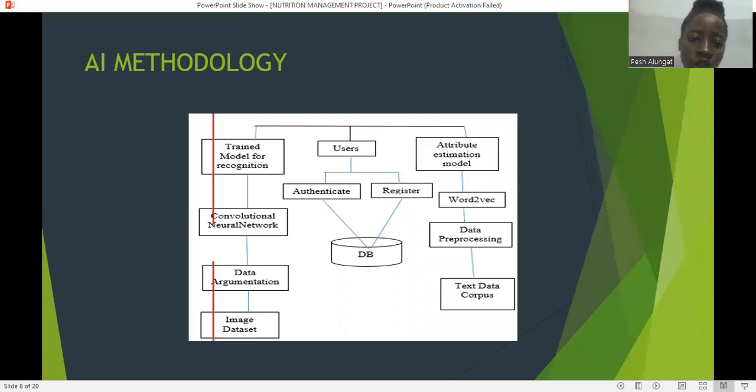So in our AI methodology also, this is an image of the proposed system. The users will register into the system or get authenticated. Then it will comprise our trained model, which is based on the convolutional neural network model. There is data augmentation. We know our system deals with images. It visualizes images of food and also the person in question. Word2vec is mainly for textual processing, so it will process your text and embed it into the system. So you'll get the result of your